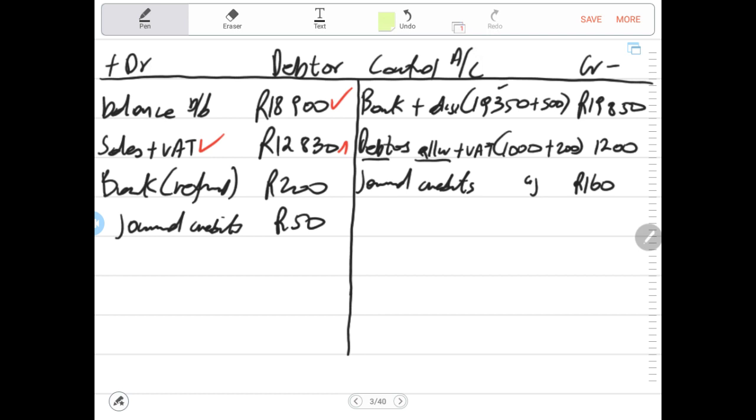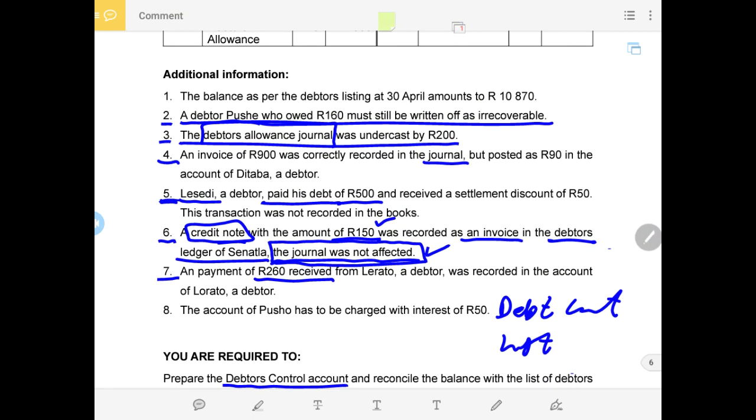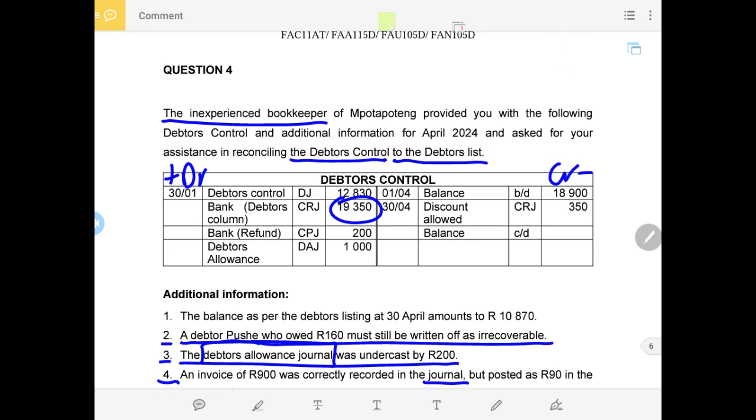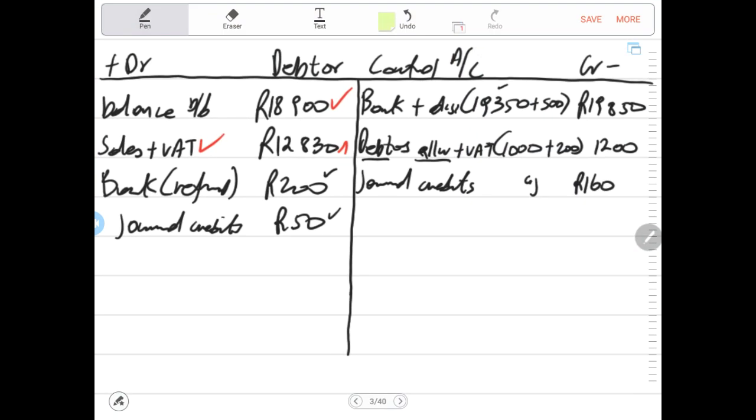Now we need to look if there is any other amount that we have left on the debit side. We have 200 Rand, that one is sorted, 50 Rand, credit side, 1,200, 19,850 and 160. There was no other one that was not recorded. We recorded all of them. Remember, I said this one is out of the equation. This one we recorded, 1,000 was transferred to the other side. So that means with this number 8 being done, then we can see if really our students are better